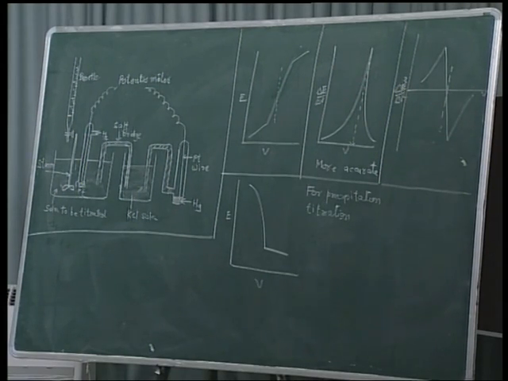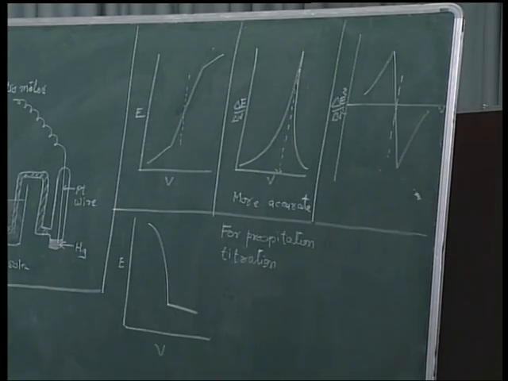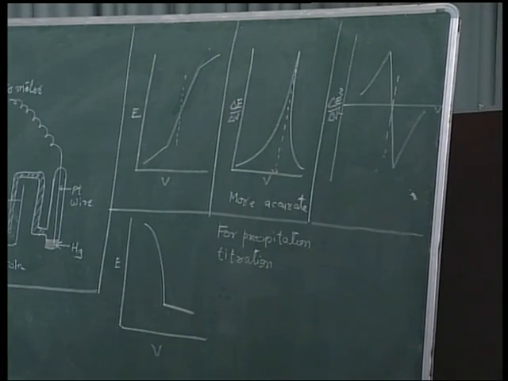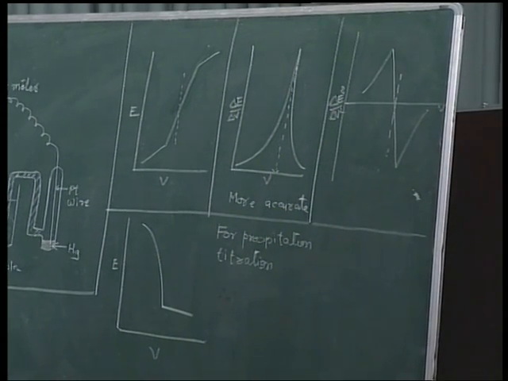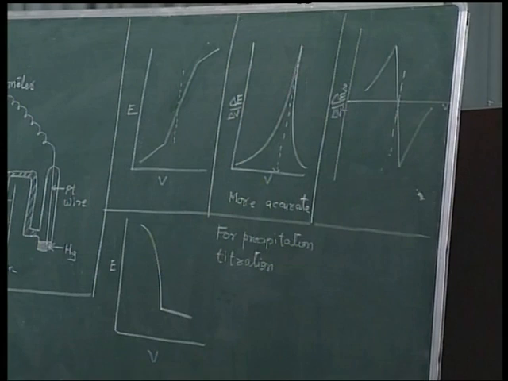At the end point, we see a certain rise, a certain increase in the graph. That particular increase in the graph shows that the endpoint is reached. The importance of potentiometry is that we are not bound to use any type of indicator. In the graph on the board, we see that delta E by delta V is a graph having a maximum peak. This graph is more accurate because we get a sharp value of the endpoint.